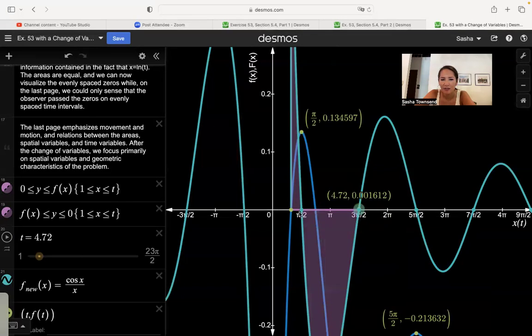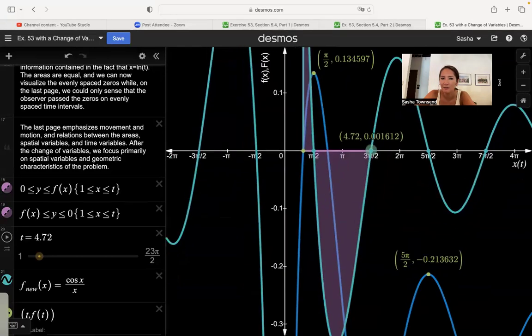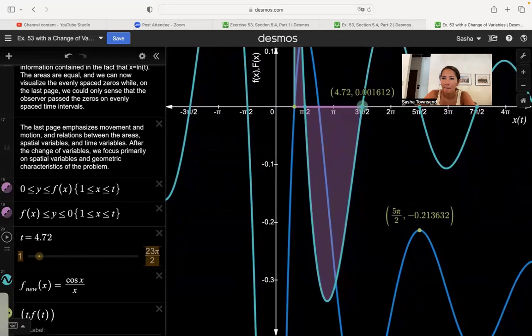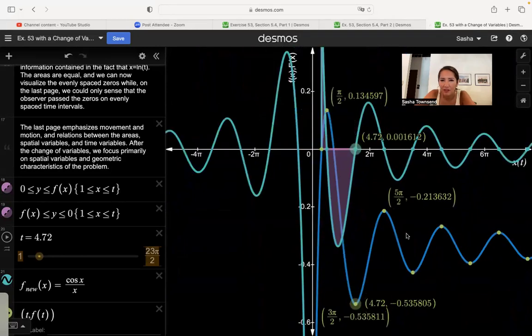We're adding area at first. Then at this point, we start subtracting area. So our area function, that's the blue function now, starts to decrease. Now, if we look at the y value there at that 0 of our integrand, we have this purple area minus this purple area. That net area is negative because this area is larger than that area. It's a negative